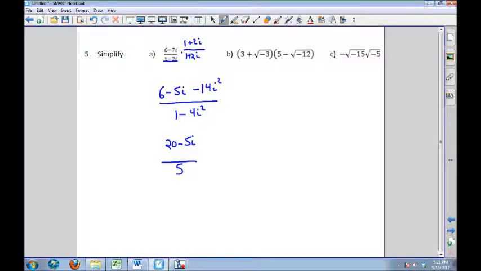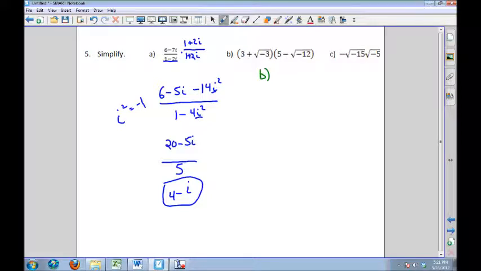Remember that since i squared equals negative 1, I can replace my i squared values with negative 1 all throughout here. And then finally, I have a common factor of 5, so I end up with 4 minus i as my final answer. For B,